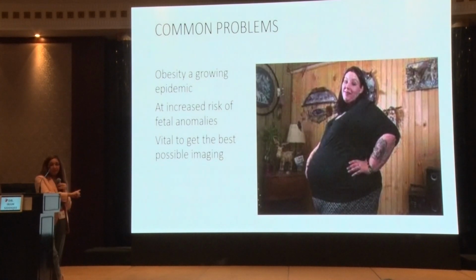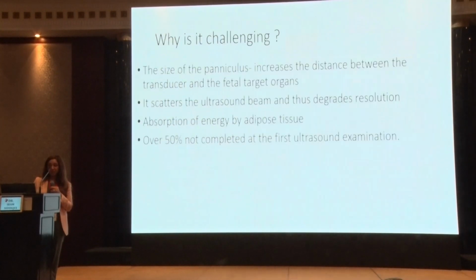And we have all had this problem. Obesity is a growing epidemic. All these women are also sadly at increased risk of fetal anomalies, and so it gets even more vital to get good images on these patients. So how do we deal with that? We want to,